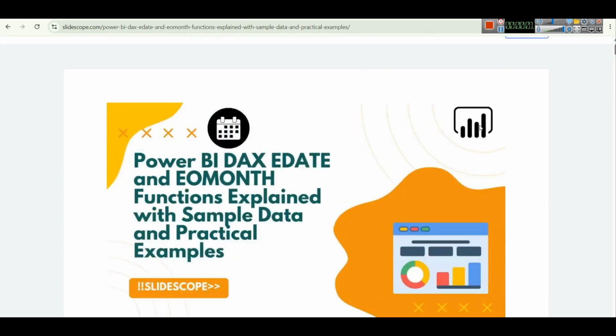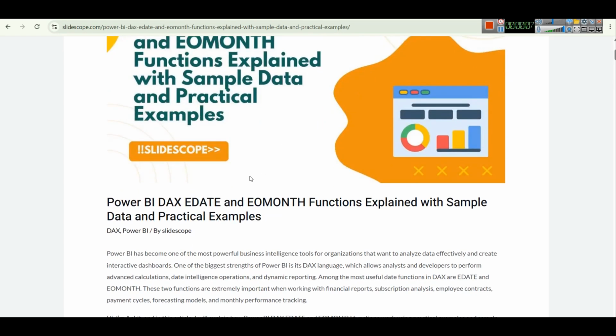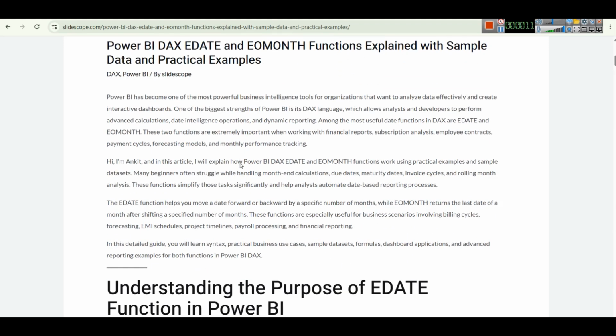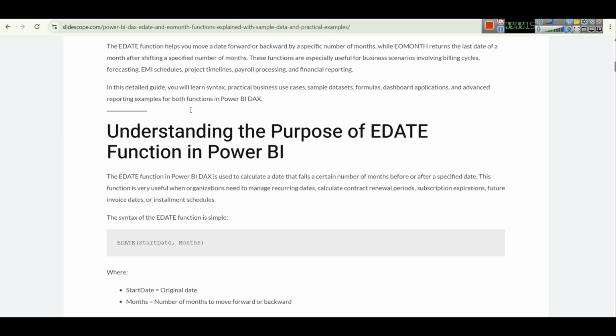Hello everyone, welcome to Slidescope, another chapter related to Power BI DAX, where we are discussing EDATE and EOMONTH functions. So here you can read more about them, but here we will understand the purpose and I will show you